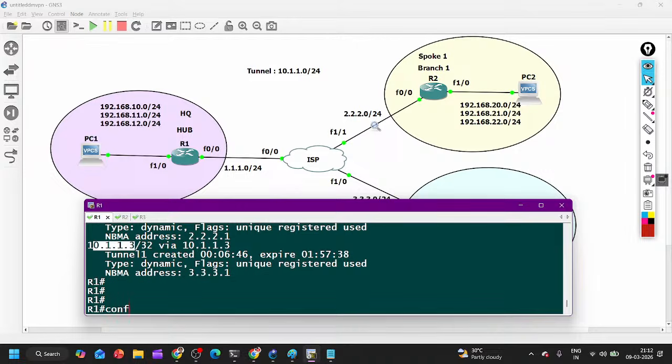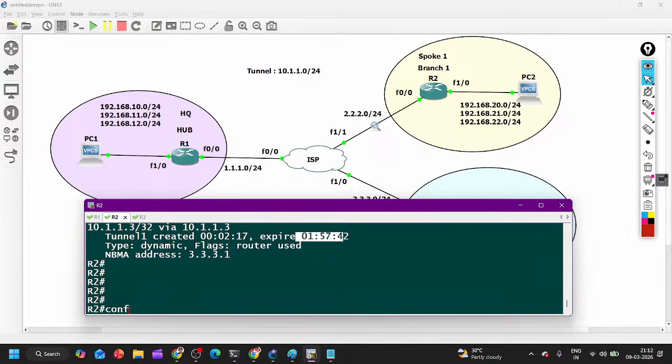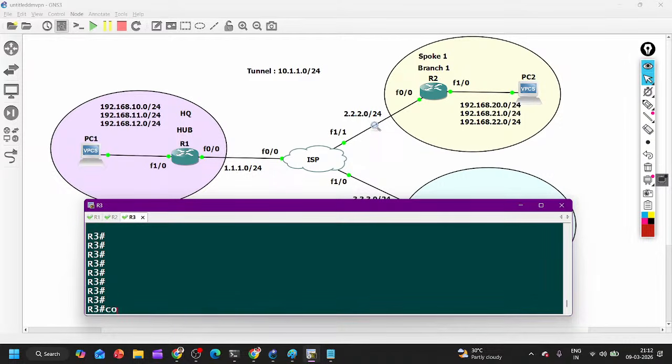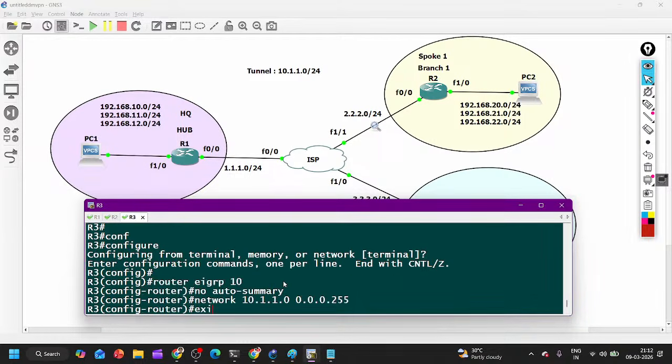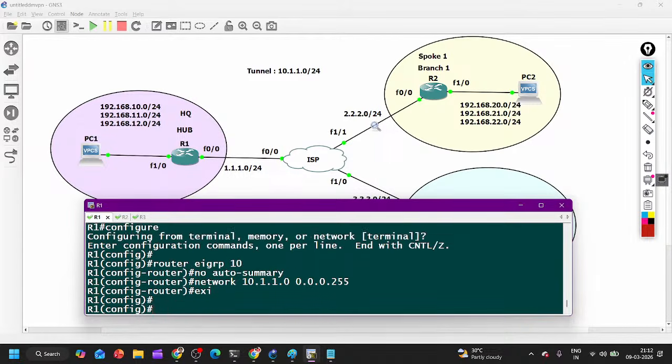R1 config t, paste. R2 config t. Will the EIGRP session come up? No, Praful. EIGRP is going to send messages on a multicast address. For a multicast address, what will be the NBMA address? In the outer IP header, it will encapsulate the IP packet into another IP packet. So you have to map